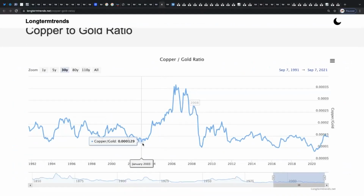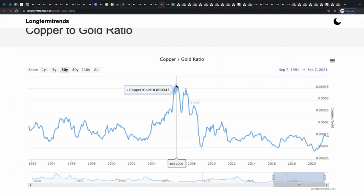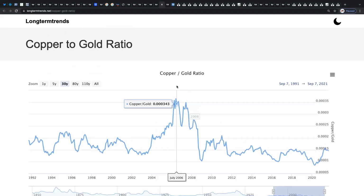Gold to copper ratio just shows you how punished you can get if you bet on gold at the wrong time and bet against the reflation trade. Right now, I'm more in the reflation trade camp. That means we want to be betting on these products that are used to operate the economy. So we like copper, we like lithium, we like oil. So we like COPX for copper, RAMX for lithium, and then we like NRGU for oil. And I believe those are going to go significantly higher